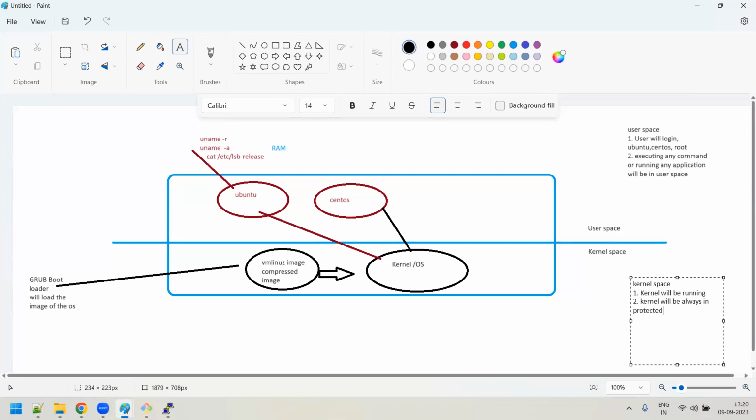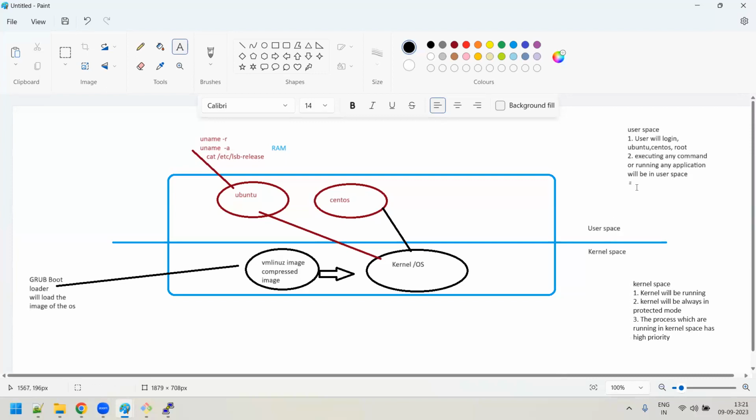And the processes running in kernel space always have a high priority.